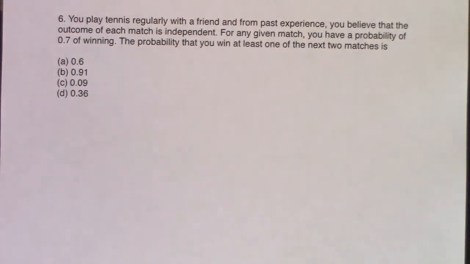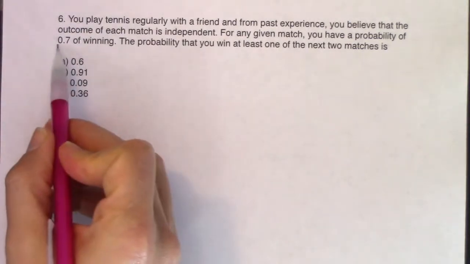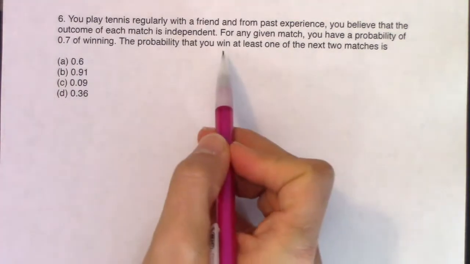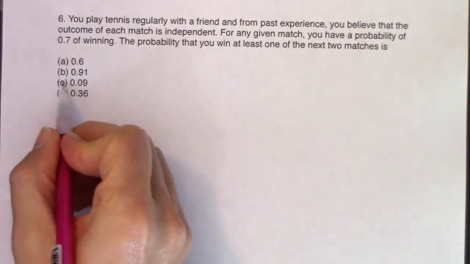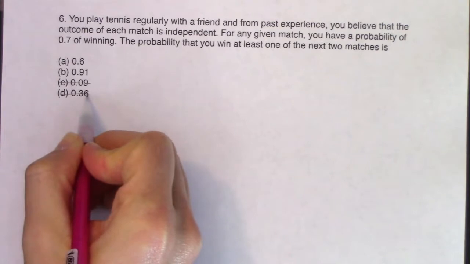What's the probability that I will win at least one of the next 2 matches? Okay, I think there's probably a good chance I'll win at least one of the next 2 matches, right? If I'm winning 70% of the time, it's not too terrible to think I could win 1 or 2 matches. So just looking at these options, I'm pretty sure I'm gonna rule out C, and I think I'm gonna rule out D also. Right, so just based on the fact that I win 70% of the time and they're talking about me winning, I do not think either of these is going to be the option.